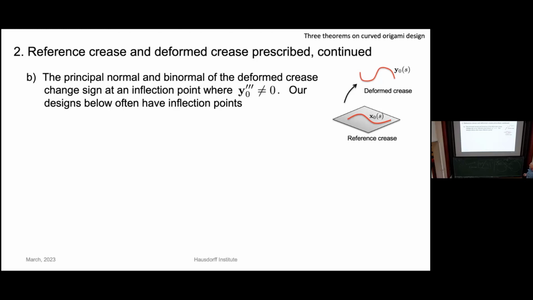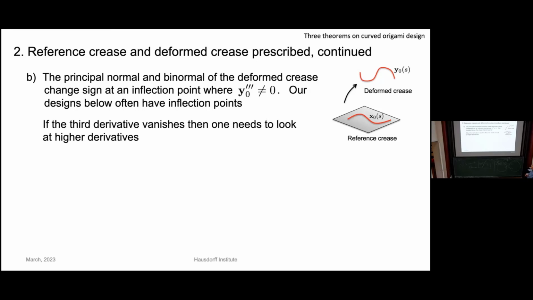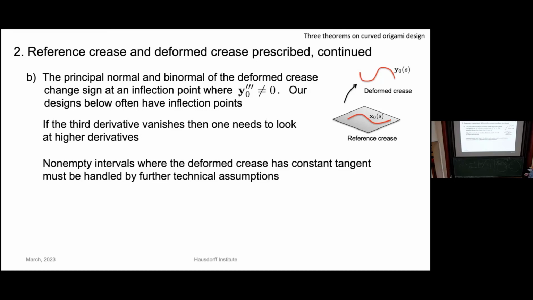So there's all kinds of difficulties with inflection points or with flat regions. And there are special things you have to do when, say, the third derivative vanishes. And if the third derivative doesn't vanish, you have to look at higher derivatives. If you really want a general theorem, I don't know how to do it,